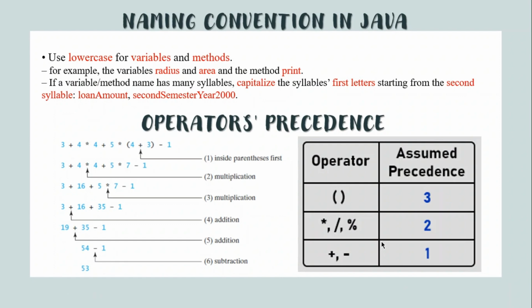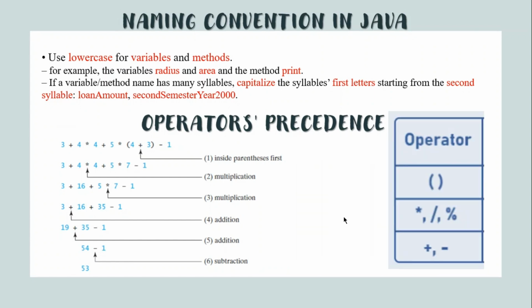Naming convention in Java. So there is one last point to remember in how to name the elements in the Java programs. So use lowercase for variables and methods. So remember, for classes, we need to capitalize the first letter of the name of the class, and for variables and methods, we will use lowercase if it's only one syllable, while if it's more than one, we need to capitalize the first letter of the second word or syllable. So yes,